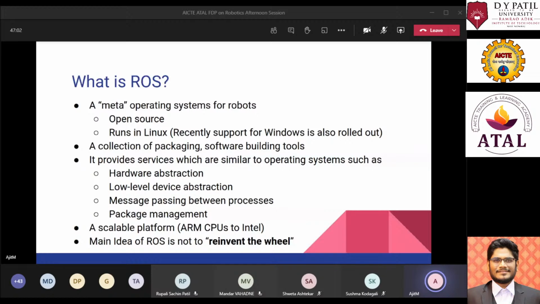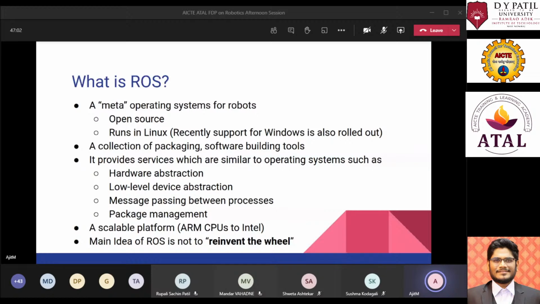The next thing about ROS is that it's multilingual. So there are many languages that have been supported by ROS, mainly C++, Python, Java, and there are many more, just to mention a few. Then the best thing about ROS is it is completely open source. So any person can pick it up. Any person can use it in their robot without any licensing or any other things. So that is the basic philosophy of ROS.